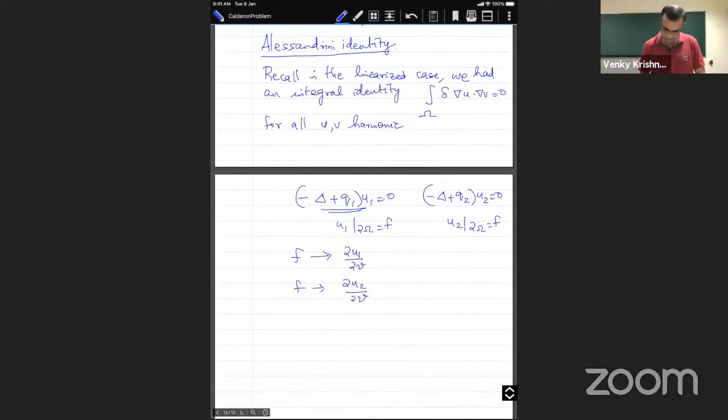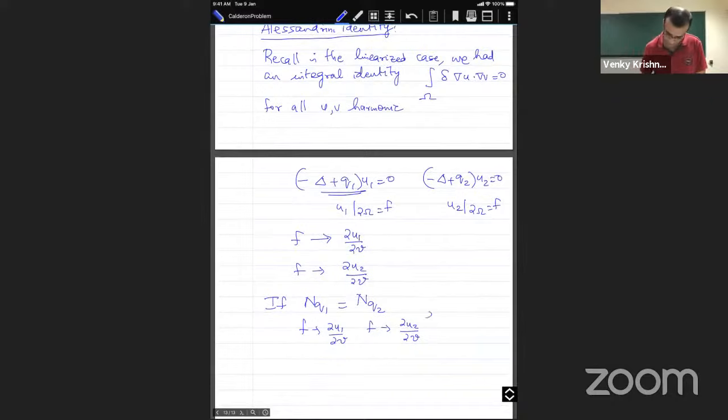So now suppose that the Dirichlet-to-Neumann maps are equal, Λ_{q1} equal to Λ_{q2}. Λ_{q1} corresponds to F going to ∂u1/∂ν, this operator, and Λ_{q2} corresponds to F going to ∂u2/∂ν. So if these two are the same, then we have